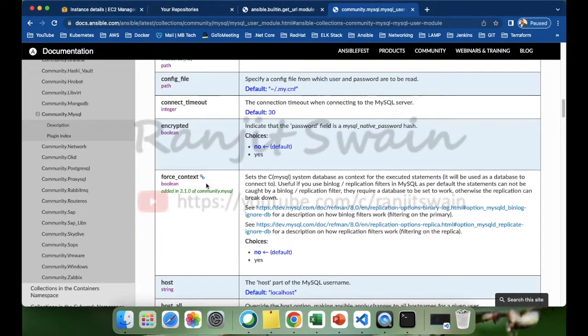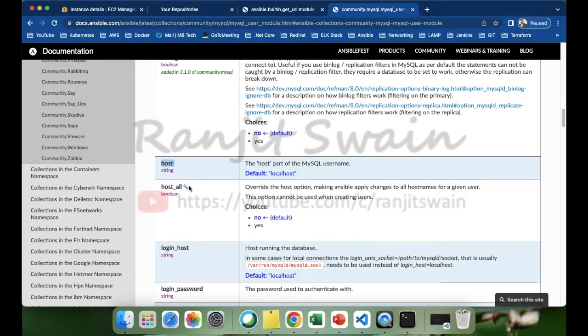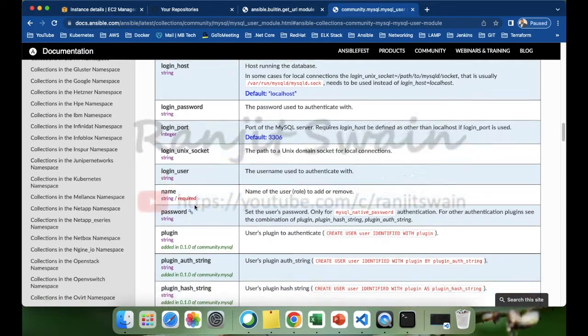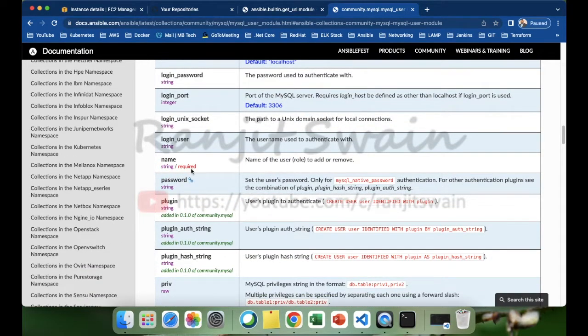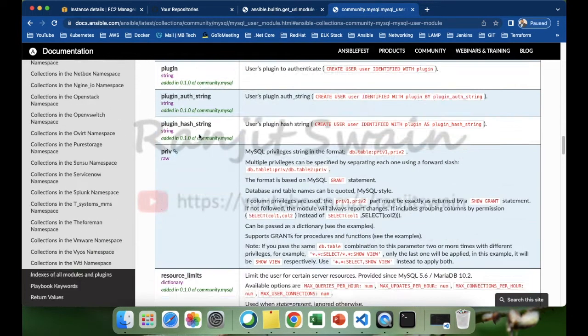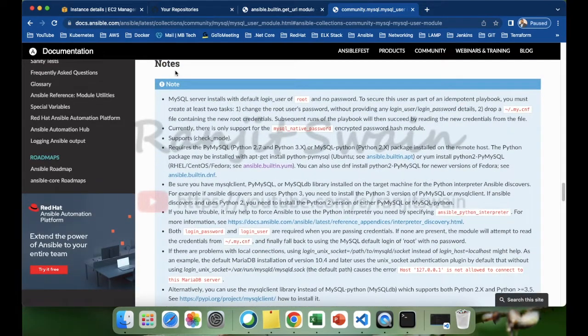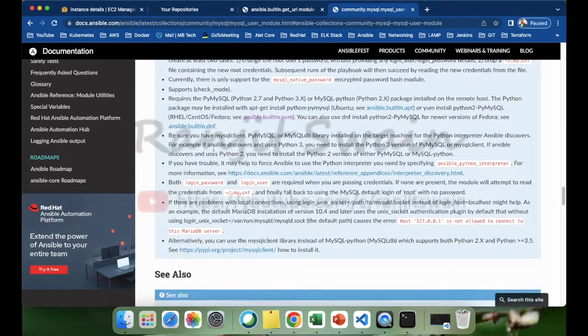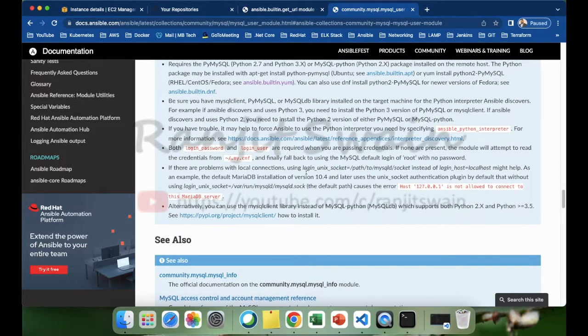So you can find it here, the host, the login user, the password. Also, if you go down to the notes section, it clearly mentions that we need to install some kind of MySQL Python or some kind of MySQL client library. Okay, so what we can do,